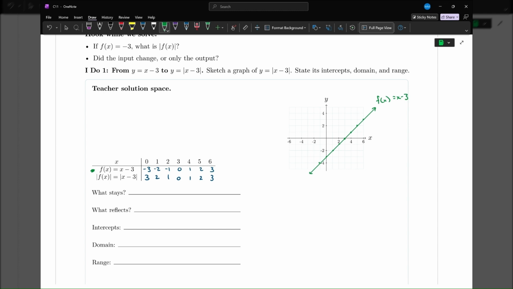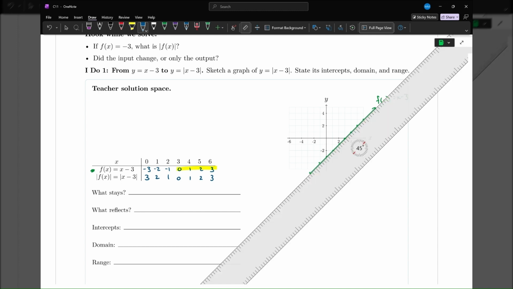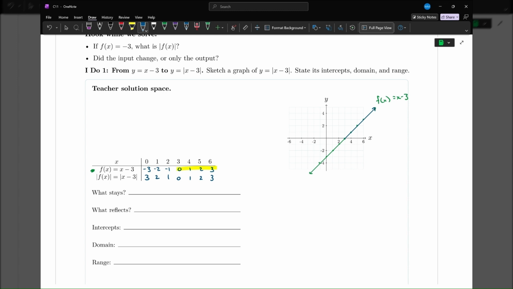Perfect. Okay, so what about the absolute value? Well, we can see for the absolute value, for this portion, for the root, the x-intercept, to the right, everything's the same. So for here, for my absolute value, I do have the exact same graph. Okay, but we reflect